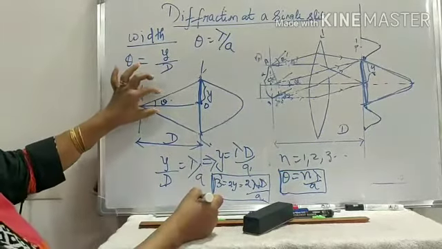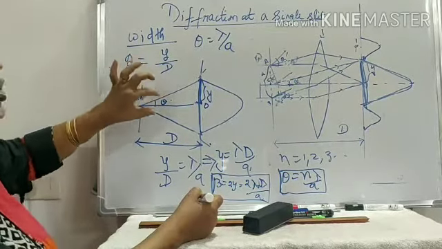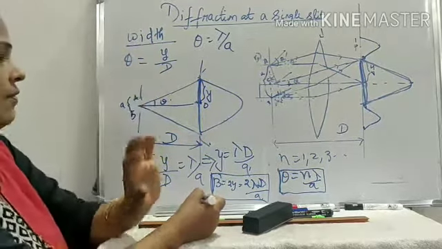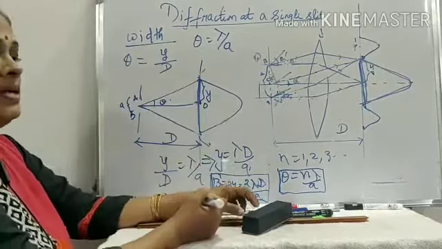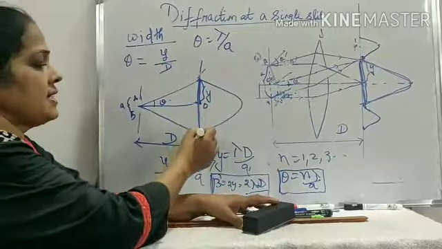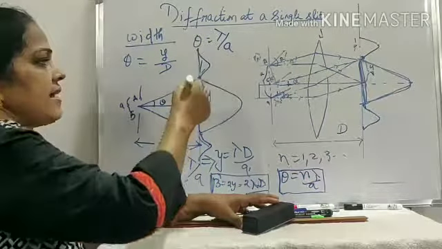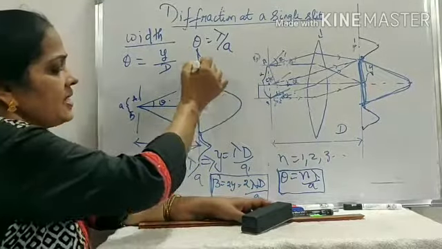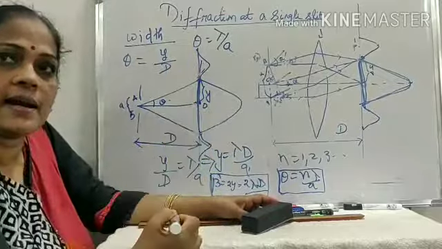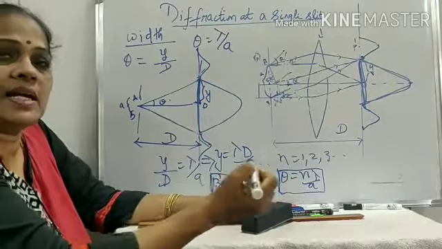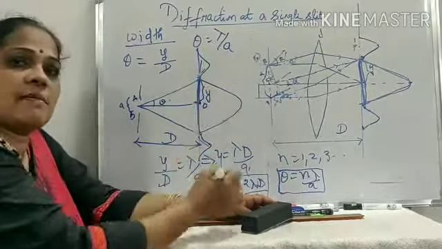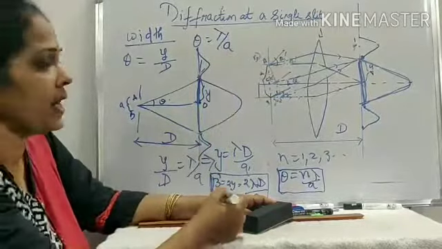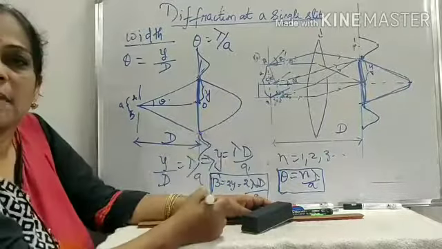So what can be the angular width? Linear width is 2y. Angular width will be 2 theta of the central maxima. This is the diffraction pattern. One more thing in this diffraction pattern is that the central maxima is the brightest. The intensity of the secondary maxima goes on decreasing with the order of the maxima. The reason I told you, because for the first secondary maxima, 1/3 is contributing. For the second secondary maxima, 1/5 of the slit is contributing, and so on. And this is the diffraction pattern we get.